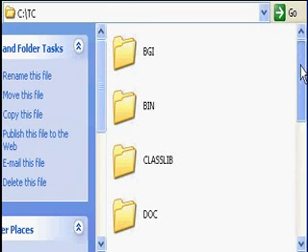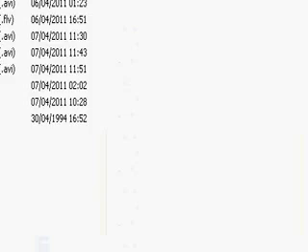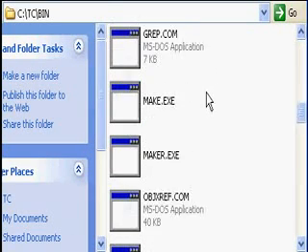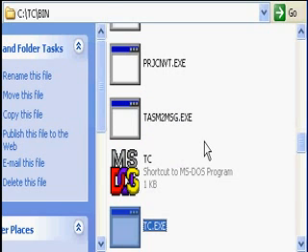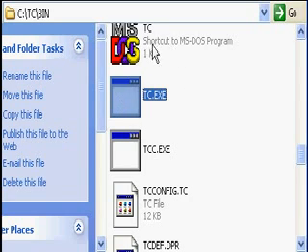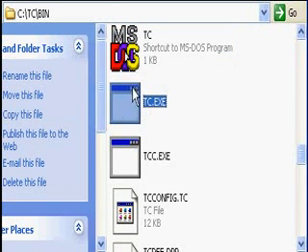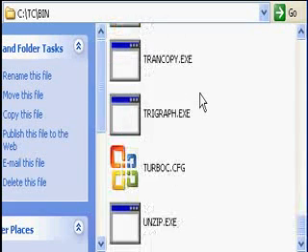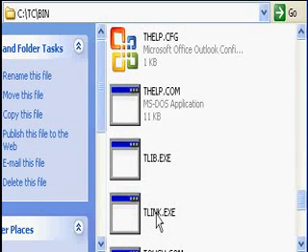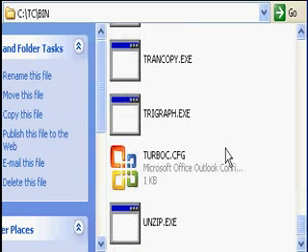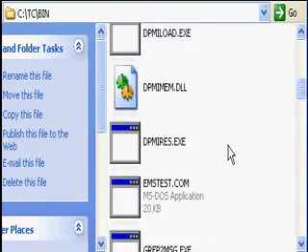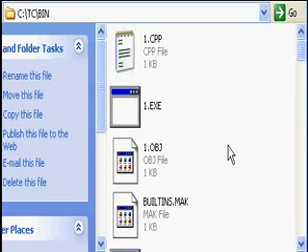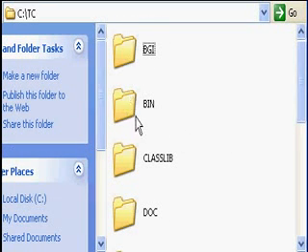The folder names are BGI, bin, classlib, doc, etc. If you open the bin folder, you can see some executable files, including the Turbo C executable file and the shortcut of TC, the executable file of the C editor, and tlib, tlink. All those files are required by the C compiler for its compiling and linking process. And if you go back